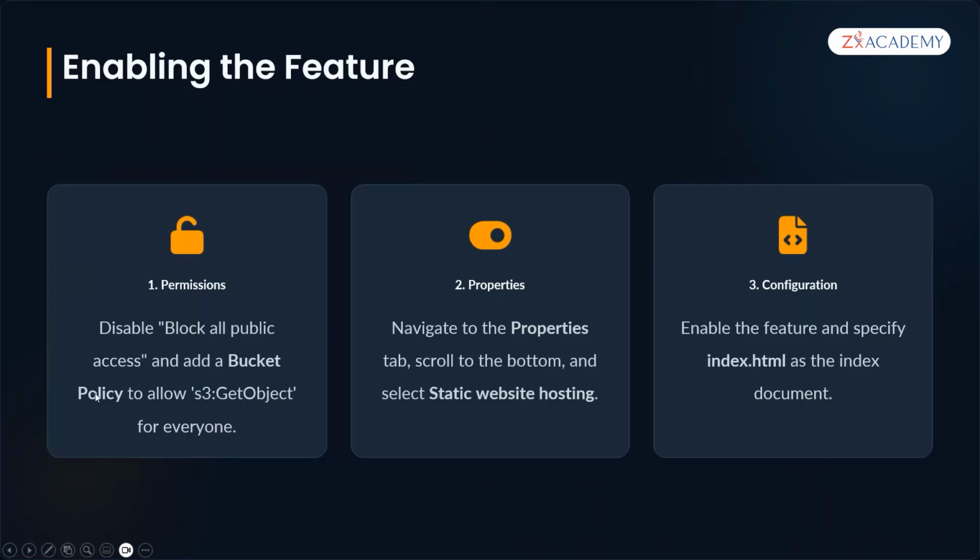Here, step by step, first you need to disable block all public access, which is enabled by default. And we need to write a bucket policy: we need to allow get object for everyone, to allow public access. Then in properties, we need to enable the static website hosting. And then in configuration, we need to specify index.html as the